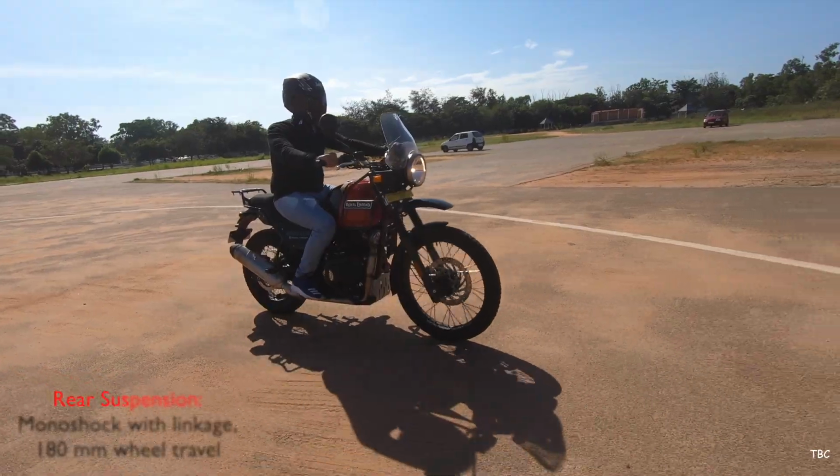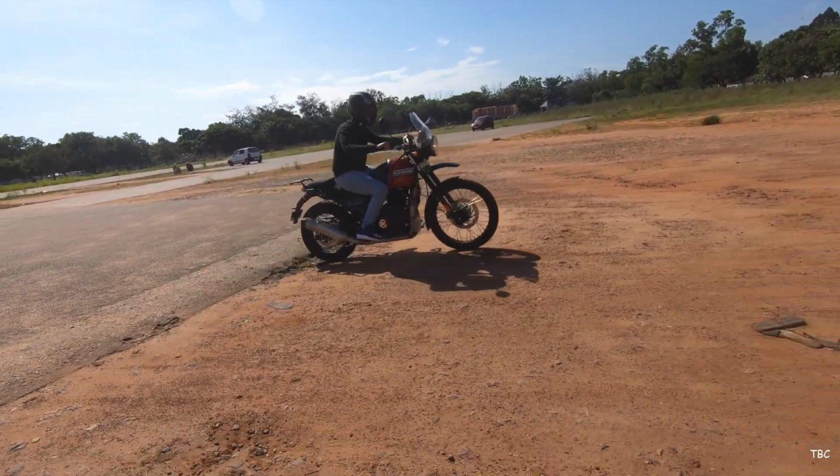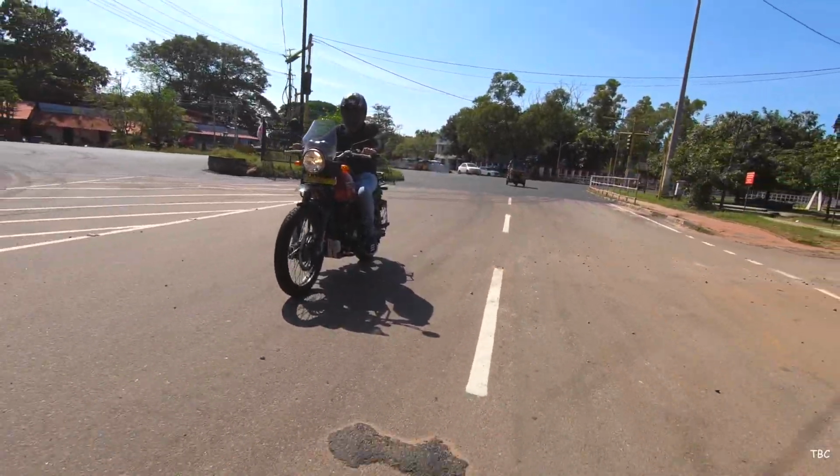And lastly, the rear suspension is the monoshock one with linkage, and it has 180mm wheel travel, and this one is set to moderate stiffness, and it does take the stress away, hence there were no back pain issues or discomfort. And after checking the whole design thing and the way everything works, I feel the Himalayan is a bike